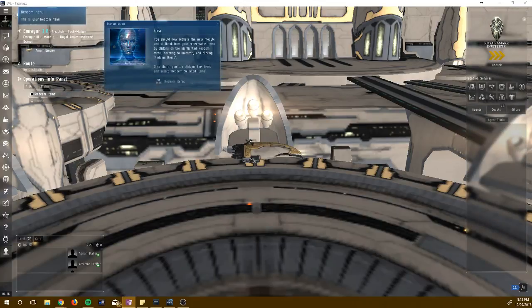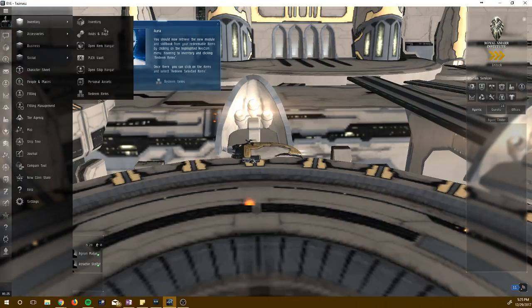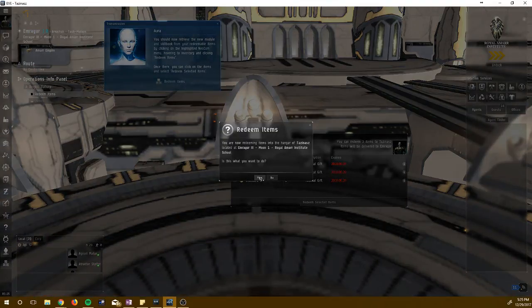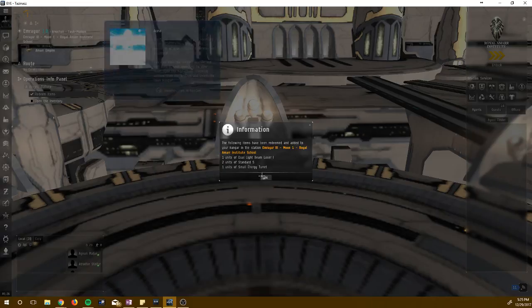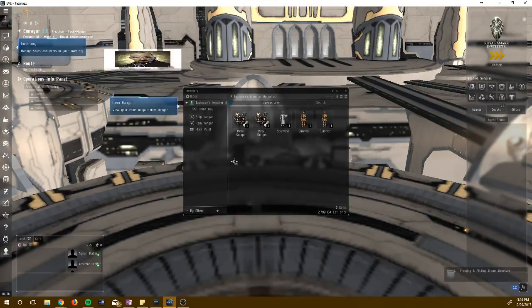Alright. You should now retrieve the new module and skill book from your redeemable items by clicking on the highlighted Neocom menu, hovering to Inventory, and clicking Redeem Items. Once there, you can click on the items and select Redeem Selected Items. The items will now be in your inventory in the station's item hangar. This is where all of your modules and...